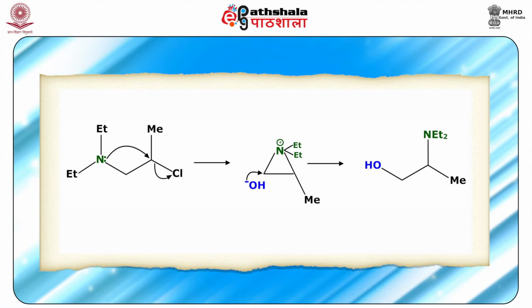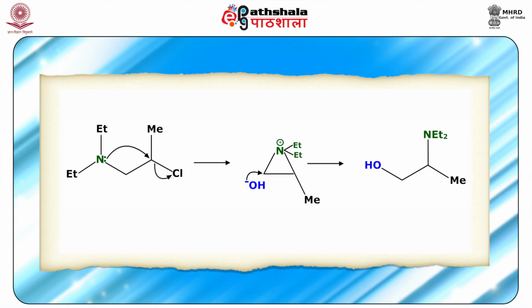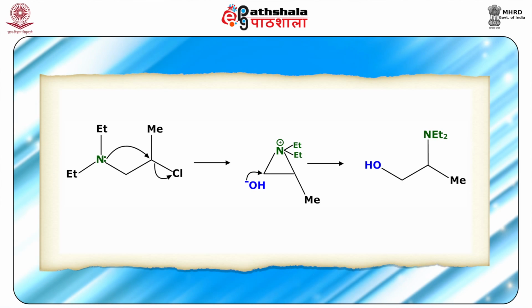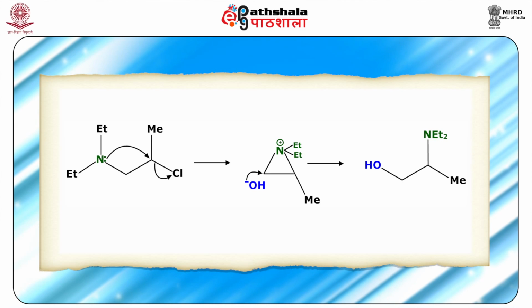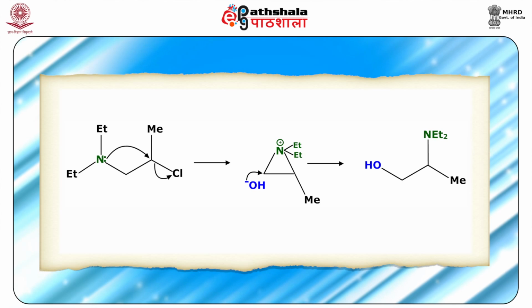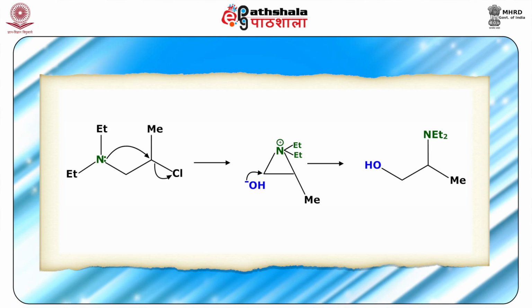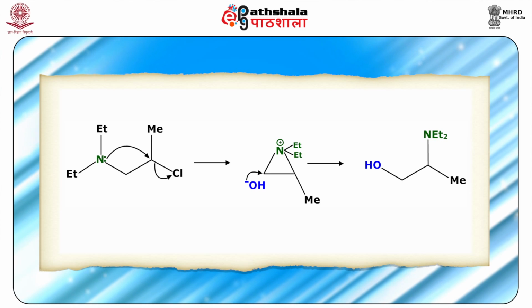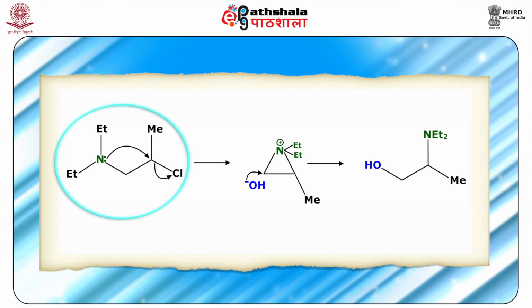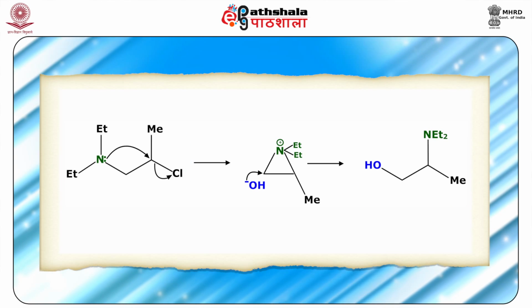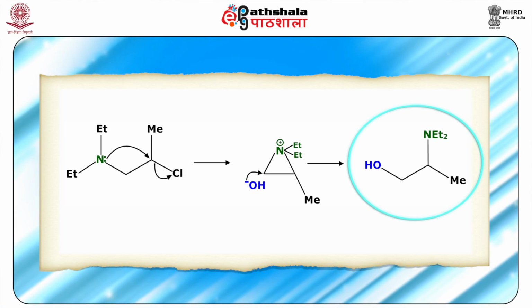As this attacks here, the Cl can go out, leading to this intermediate cation, which on attack by OH- will give you this particular product. But look, a rearranged product has been formed. In this reaction the substrate is a secondary alkyl chloride and the product obtained is a rearranged one, which is the